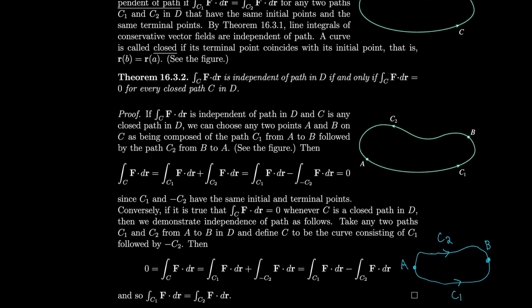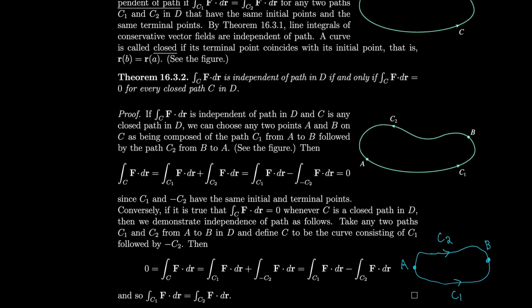So C will be the curve consisting of C1 followed by minus C2, because notice C2 is going from A to B, so if I want to keep going over here, I have to put a minus in to flip this arrow over here to the other direction. So that means that because we have our line integral 0 over any closed path, the line integral over C must be 0. And remember, that's the line integral over C1 plus the line integral over minus C2,